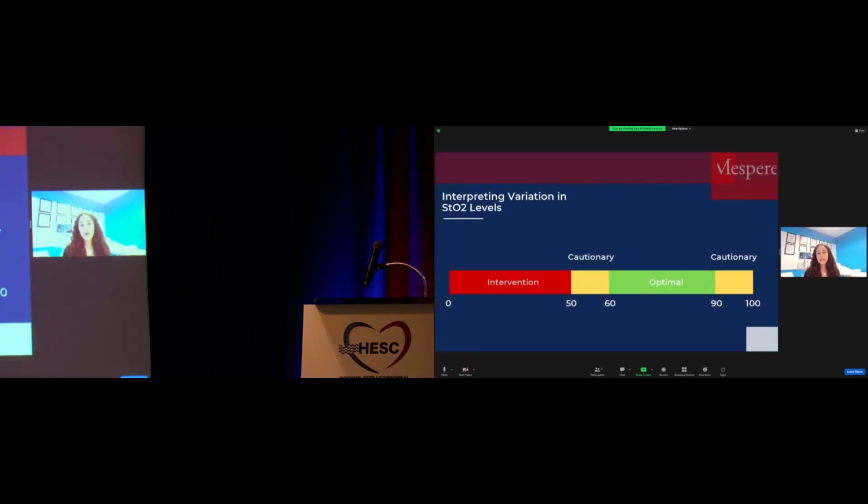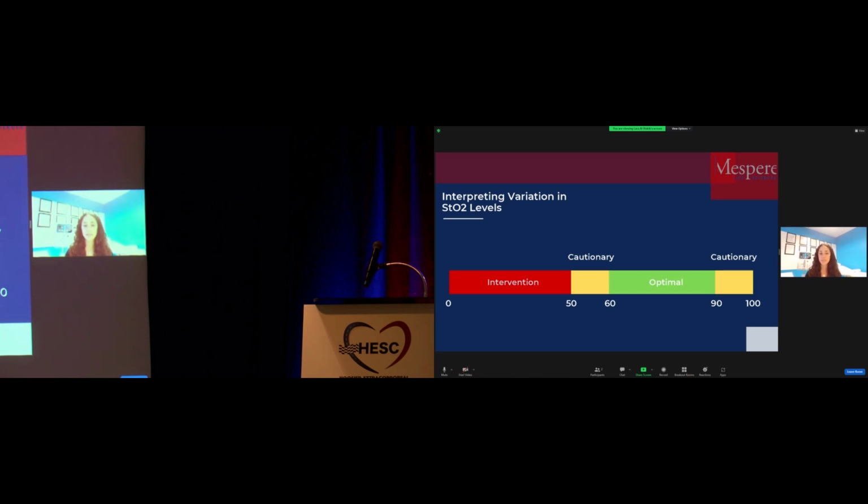All right, so I kind of did want to provide somewhat of a range of the values that we're looking at to give you guys an understanding of what numbers we're working with here. So of course we have our optimal range between 60 to 90% oxygen saturation. That's what we like to see the values kind of hover around. When we dip a little bit down into the 50 to 60 or go a little bit higher into the 90 to 100%, we are in our cautionary range, and we definitely do want to be monitoring our patients a